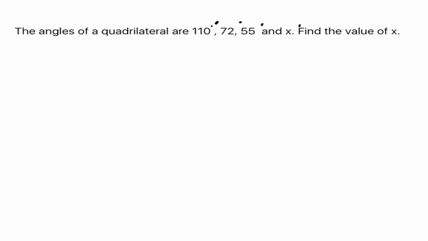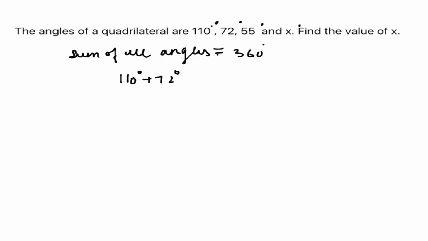In that, the first question is, the angles of a quadrilateral are given as 110 degrees, 72 degrees, 55 degrees and x degrees. So we know the value of three angles of a quadrilateral and we have to find the value of the fourth angle. As we know, the sum of all angles of a quadrilateral is 360 degrees. Correct? So we can write 110 degrees plus 72 degrees plus 55 degrees plus x degrees equals